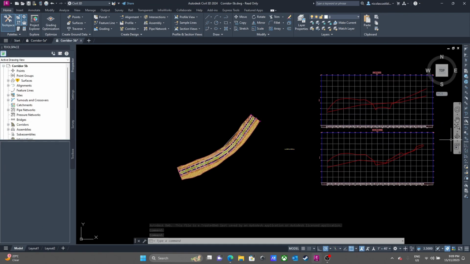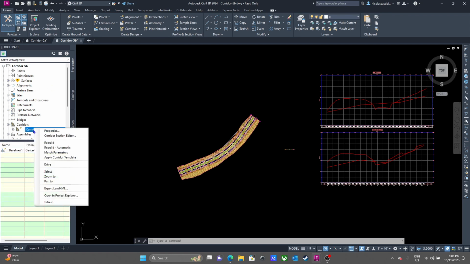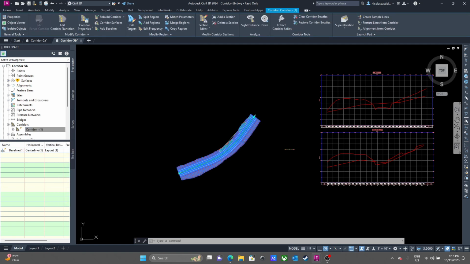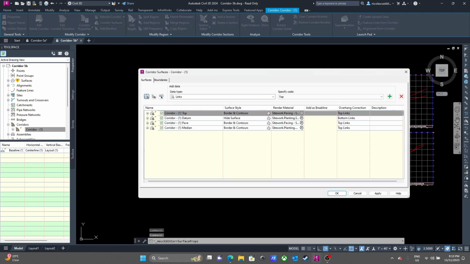In the drawing, we're going to select the corridor. Click the corridor tab, corridor modify panel, and select corridor surface. In the corridor surface dialog box, we're going to click the boundaries tab. For a corridor surface, boundaries are displayed when we open the properties in the boundaries table. We're going to select corridor 1, which is the top surface, and then right click and